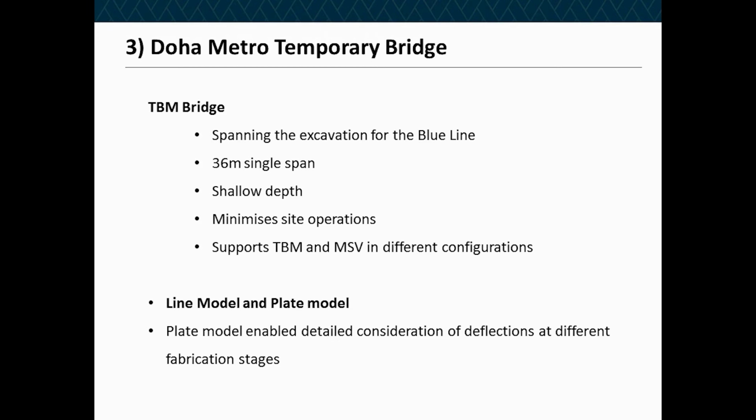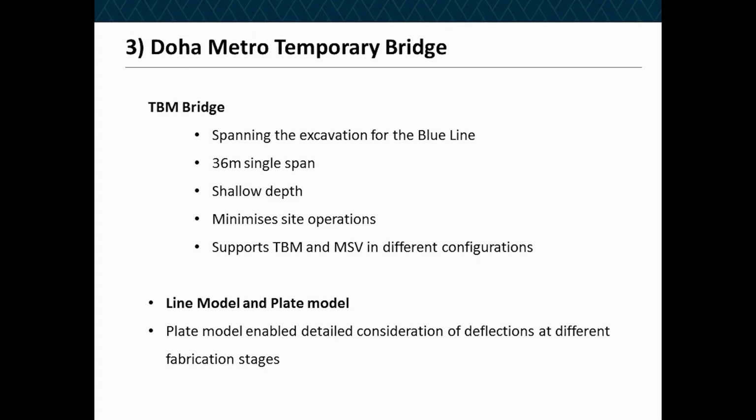and then they could excavate out underneath the bridge with what they call a multi-service vehicle, or an MSV, running over the top, but in the middle of it, slightly lower down. Okay? So we had two models for this. We had a line model and a plate model. We built a grillage line model primarily so that we could